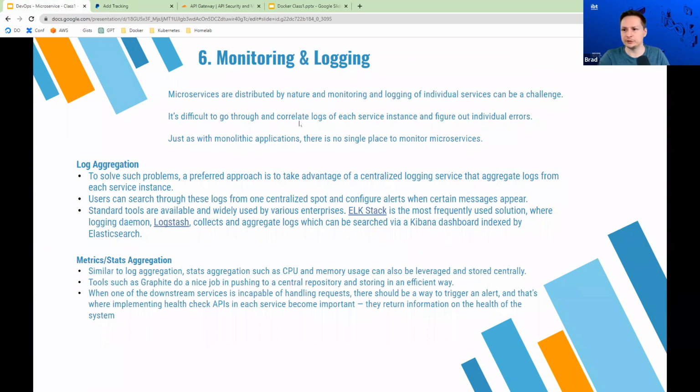So, monitoring and logging. With microservice architectures, we want to implement a lot of different monitoring and logging. This is because it's distributed across lots of different servers, and we need to know what's going on. So if your application's having issues and a user on Twitter says, hey, this application isn't working, what's going on? What do you do? There's not a single server that you can log into.